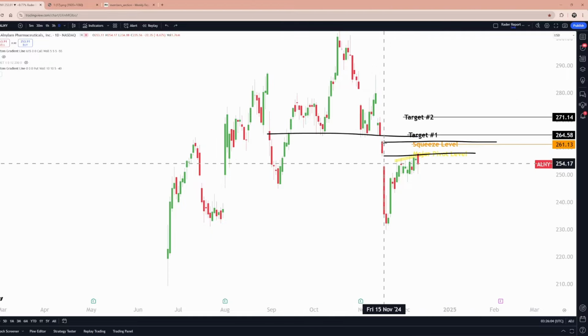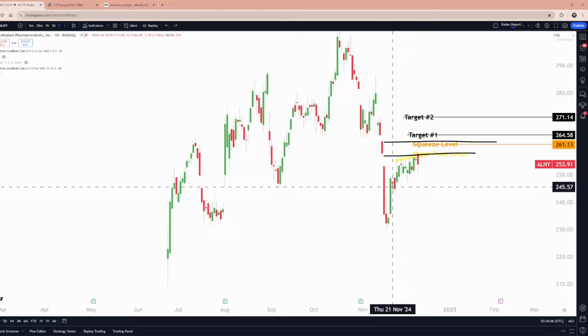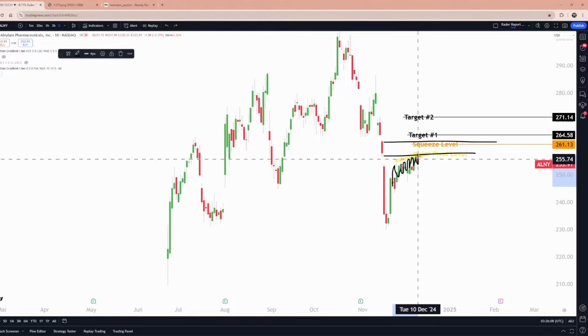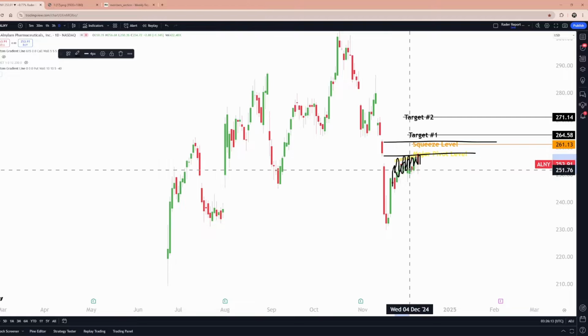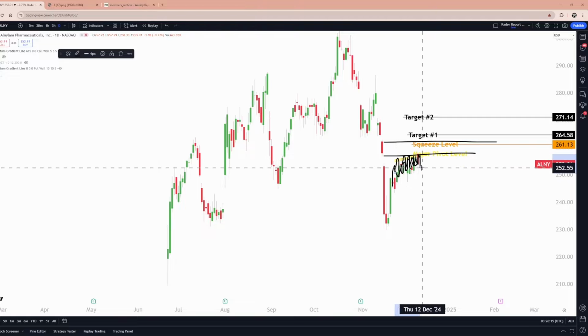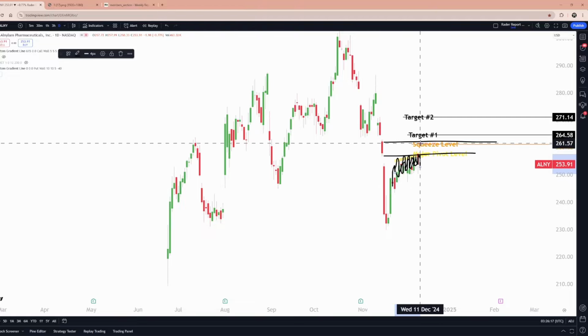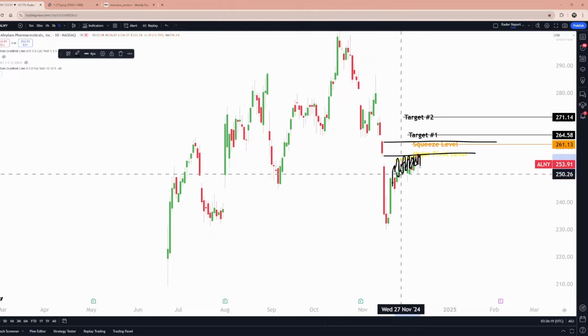We gapped down underneath of it. That makes this the expansion zone. Since we are chopping under it, the watering hole principle states, right? The more you chop at a zone or the more times you touch it, the more likely you are to break through it. So while I didn't highlight this zone, I highlighted it as a squeeze zone because since we are already